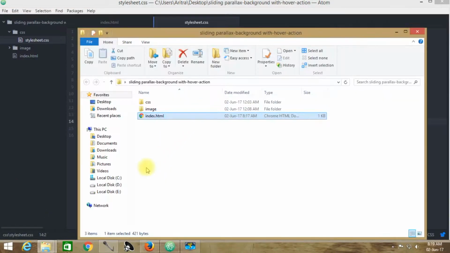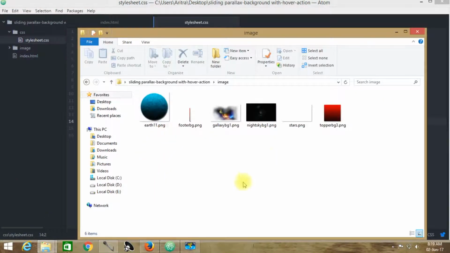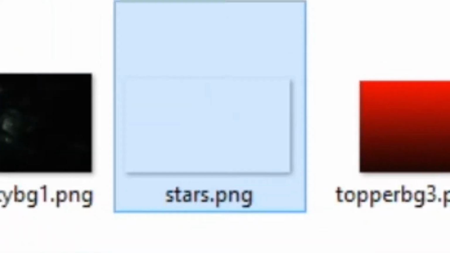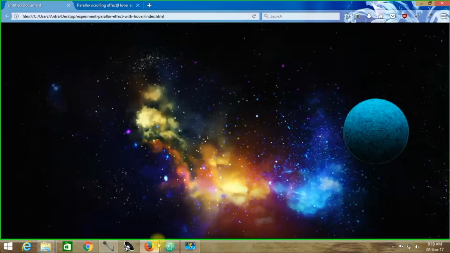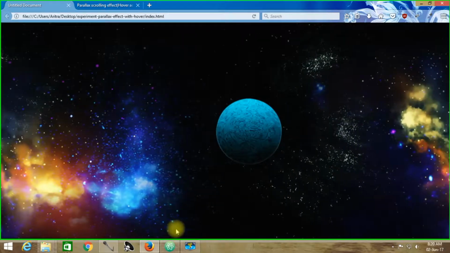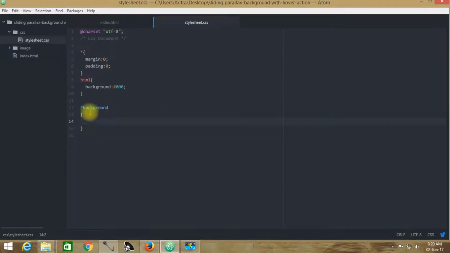If we look here, we can see that these are the images that will be practically used in this tutorial. This is the first one, this is the second one, this is the third one, and this is the stars.png. All of these images are being used here. So I have prepared these individual images and right now I will be placing them into this ID background. And this will be multiple in number.